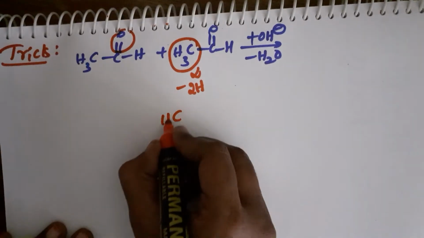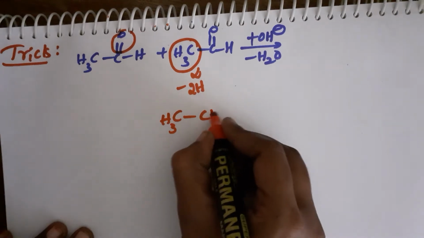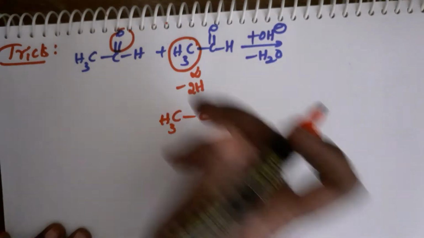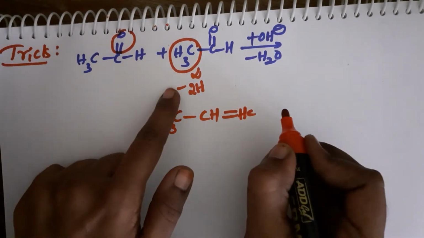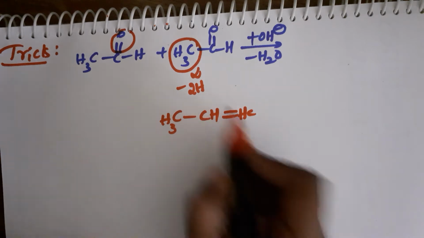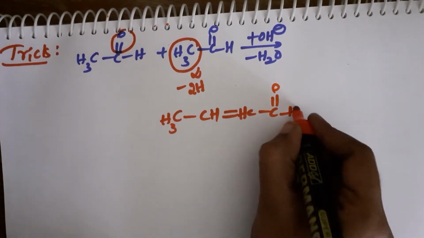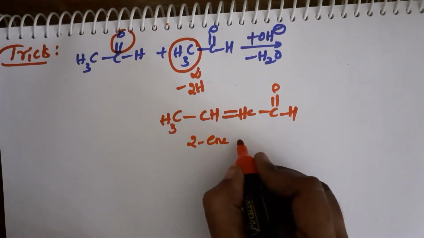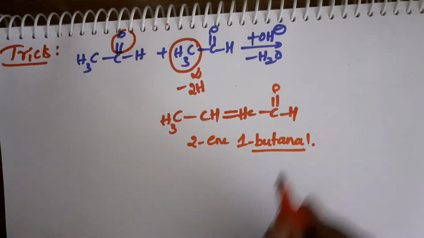See, after removing this we'll get CH3. Here there is no C double bond O, the hydrogen remains as it is, just keep a double bond between these two molecules, okay. Then how many hydrogens are left? Only one hydrogen. We already removed two hydrogens, so one hydrogen is left like this, and C double bond OH. The name of the compound is 2-butenal. Okay, is it clear?